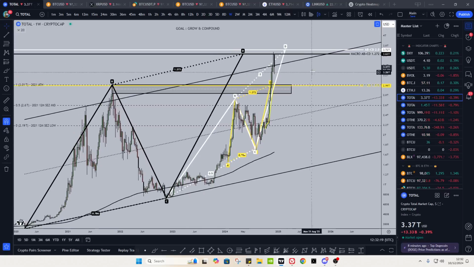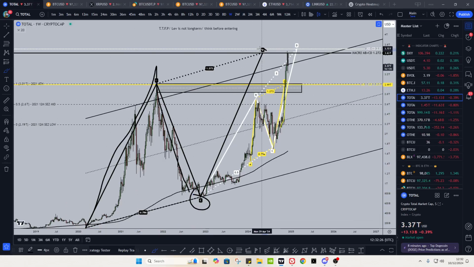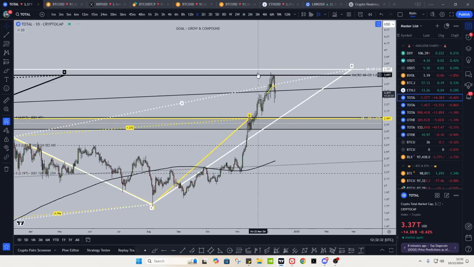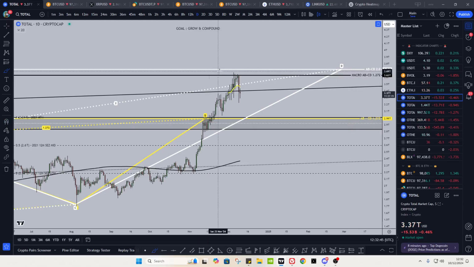Now, total one, right? So we looked at these targets last stream. Your macro AB equals CD, right? There you go, 786. You have hit the 1.272, and you have closed below the 1.272 on the weekly. Right, we can see that we had multiple resistances going into this. That was one indication why this was bearish. Locally speaking, not bearish as in market stopped, bearish as in why we couldn't push higher yet. Right, you've hit a key level,